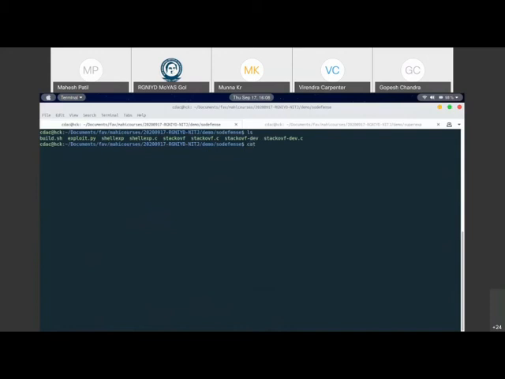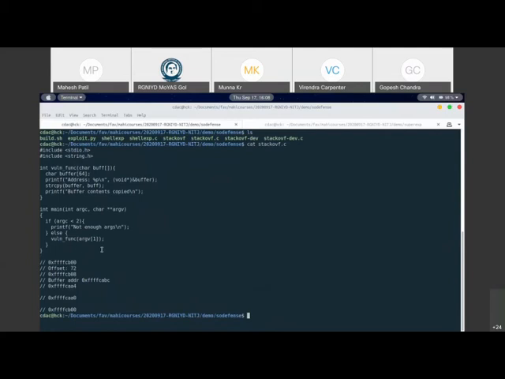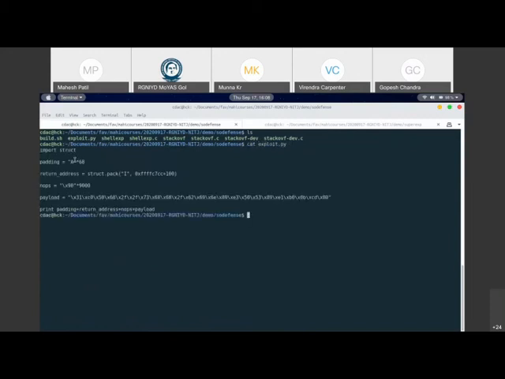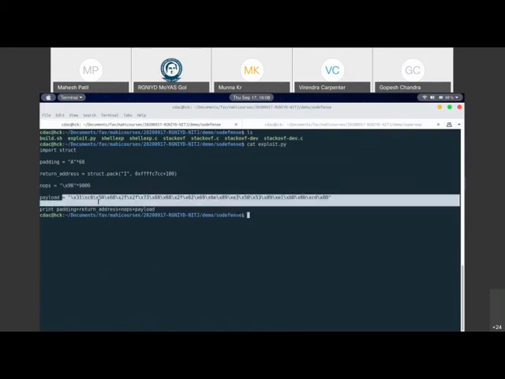So essentially, this is the same stack overflow program which we discussed, but slightly modified, with more robust Python code that I have written over here. So here what we are doing is creating a padding. We have a return address also over here, and we have a set of NOPs and the payload, which is the shell code.